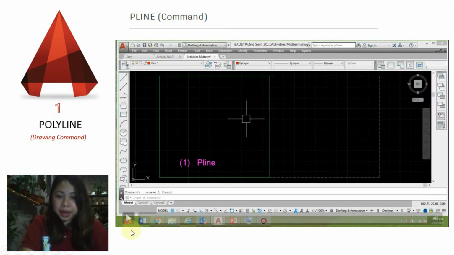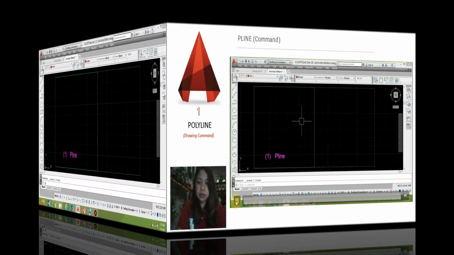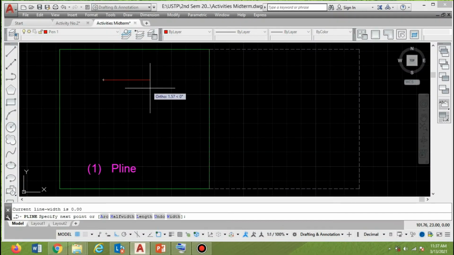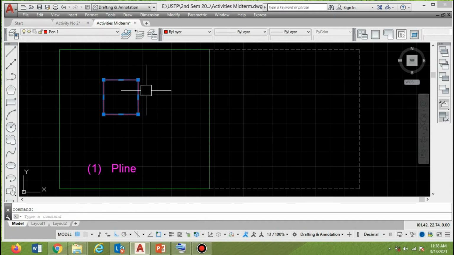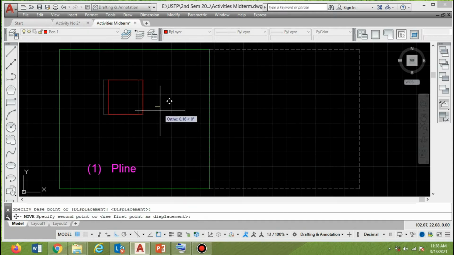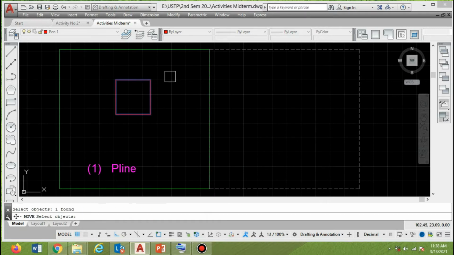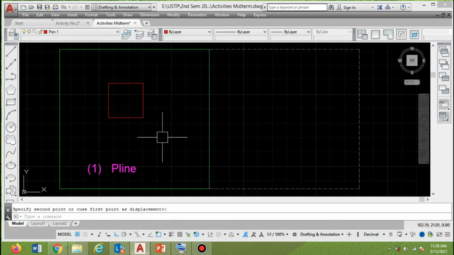So here's my demo. Enter, 1.2, 1.2, 1.2, close. So we move 1. So that's PL. Because if line alone,